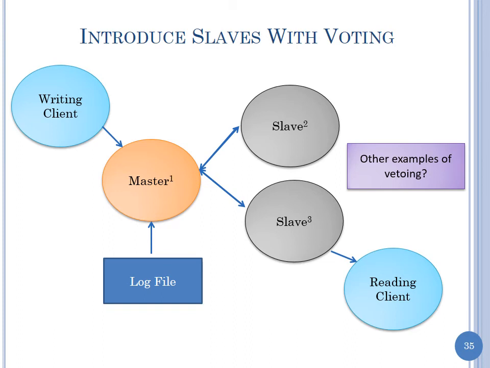So we saw that when we had possibly malicious slaves or corrupt slaves or corrupt files, we needed voting. Okay, we couldn't just go and unilaterally say, here's a value, everybody accept it. Okay, we needed to have some kind of voting. And in your last assignment, you're going to do this kind of voting. What are some other examples of voting? And I'm not sure whether I'm asking you the question or I'm just giving you the answer there, but let's